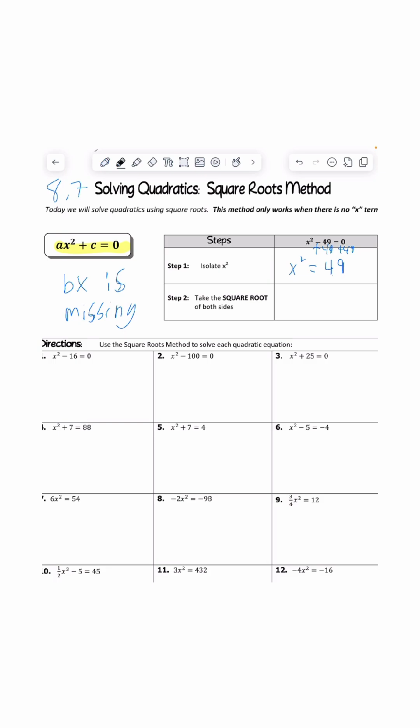All right. Now step 2 is take the square root of both sides. So I'll take the square root of the x squared and the square root of 49. And when I do that, I'm going to have two answers. Okay, my answers are going to be